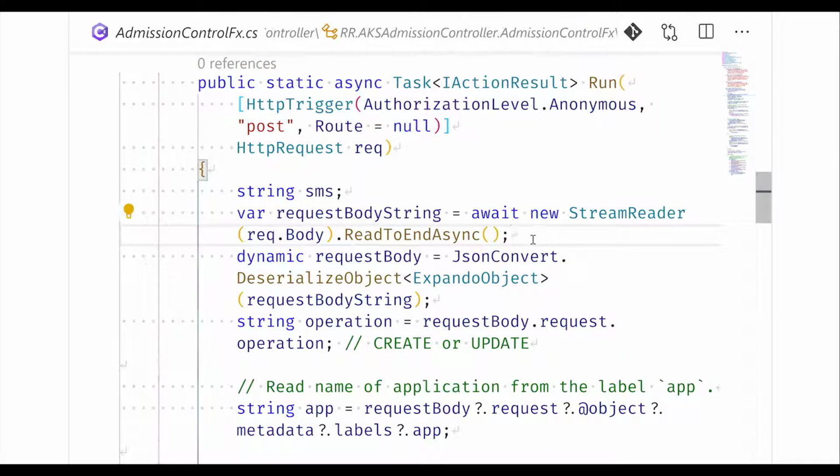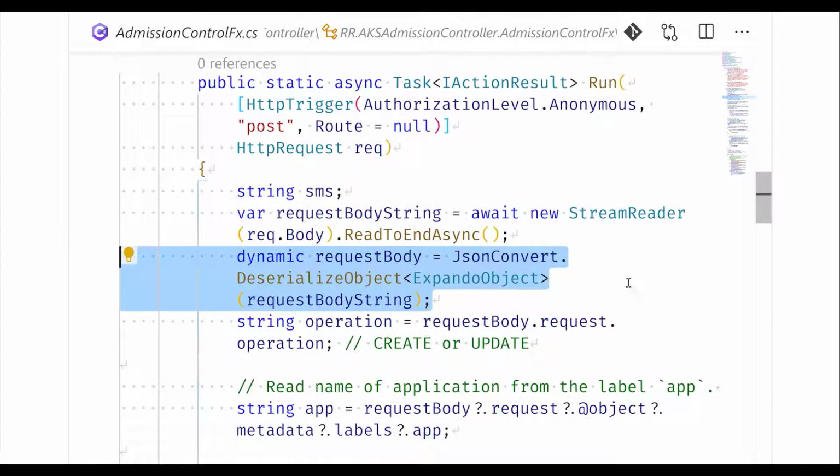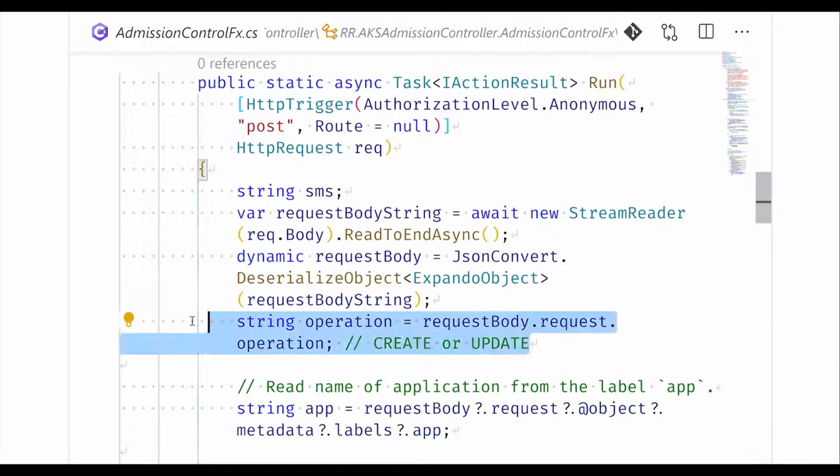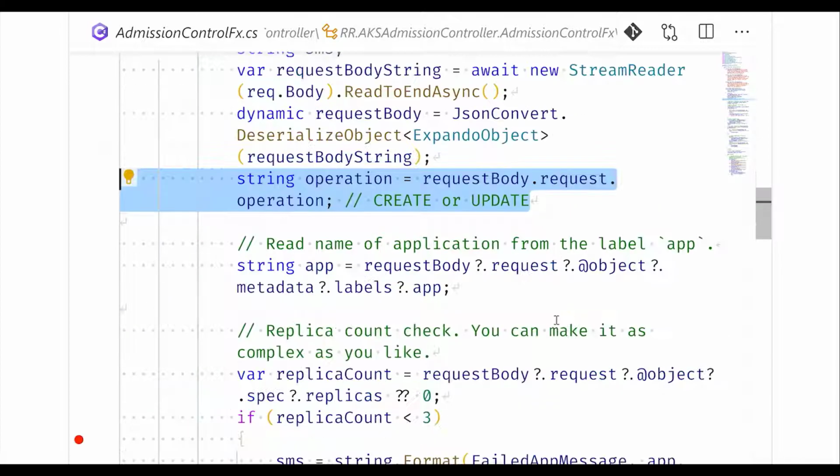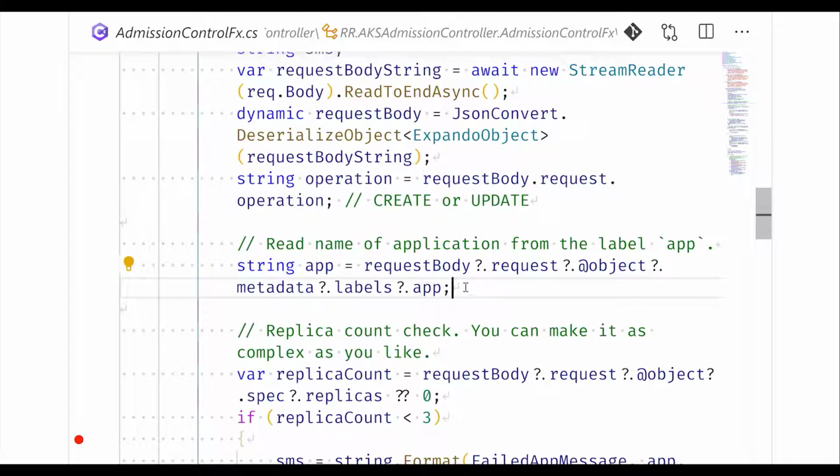Let's look at the body of the function. The function first converts the body to a string, and then it tries to convert the string object to a dynamic object. It then next tries to find out whether a create or an update operation for the application is requested.